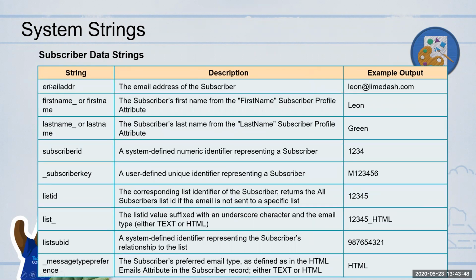If you want to know the email address of a specific subscriber and you want to use it in the email, this is one way of using it. It will especially come in useful when you're doing lookup values, or when you're doing it in AMP script. Later on we will find out how to use some of these values.